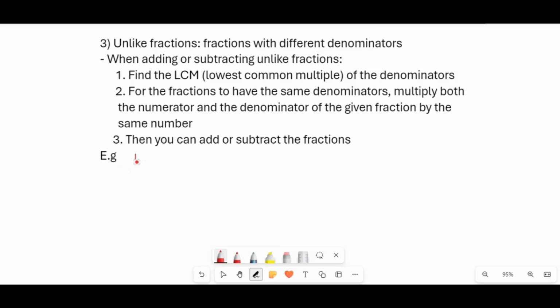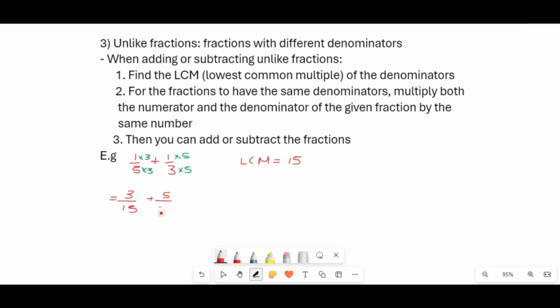In this example, we will add 1 over 5 and 1 over 3. So the lowest common multiple for these fractions would be 15, because both these denominators 5 and 3 can divide into 15. Now that we have found our lowest common multiple, we will ensure that the denominators are the same. So if we want to get 5 to 15, we will multiply by 3, and we will also multiply our numerator by 3. If we want to get 3 to 15, we will multiply by 5. We will also multiply our numerator by 5. As a result, you get 3 over 15